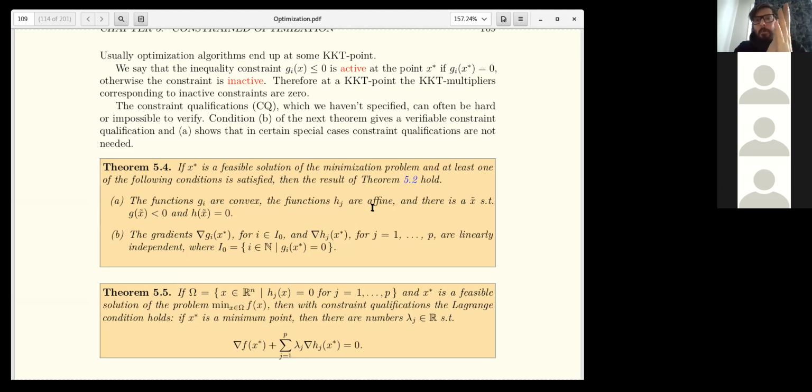Let me give an example of a situation where they might not be linearly independent. We will have it in the exercises as well. So let me just say that this feasible region looks like,